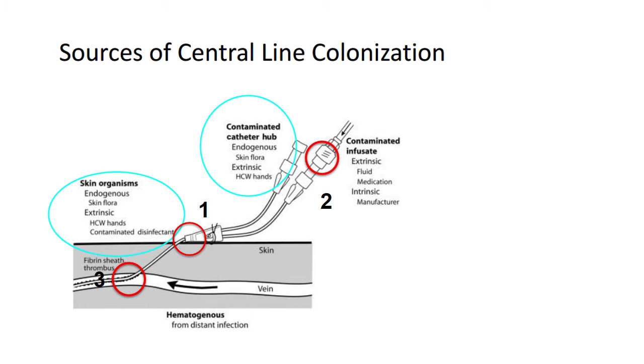Let's see how central line is colonized with germs. Number one source is while insertion itself. Then it gets infected by an inserter who is not following sterile insertion practices. Number two source is when central line is not handled properly after insertion, like when it's connected to unsterile IV fluid, or the caregiver is not following hand hygiene while handling the central line ports. Third way a central line gets infected is when the infection comes from a distant source. Other sources like patient may be having urinary tract infection or VAP, etc.